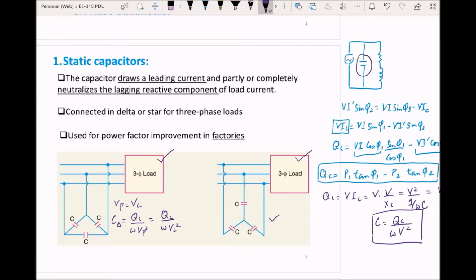Okay, makes sense. Now if we want to see the capacitance for a Y connected capacitor set, then we also know that the phase voltage Vp for a Y connected circuit is going to be equal to V load divided by √3. In that case, Cy will be equal to Qc over omega Vp square,